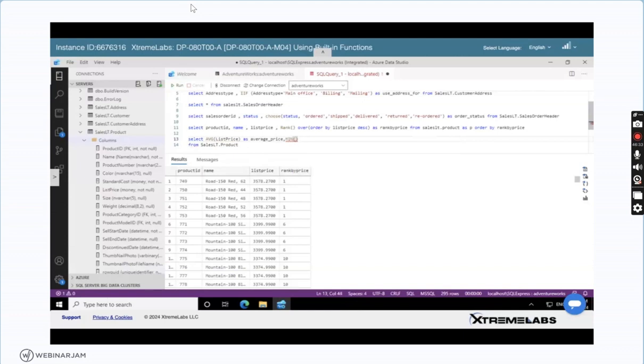Minimum, and in the bracket again write down list price, right? And let's suppose as minimum price. Okay. Separate it with a comma. Let's suppose I want to find out the maximum as well. Let's say maximum, and then in the bracket specify list price